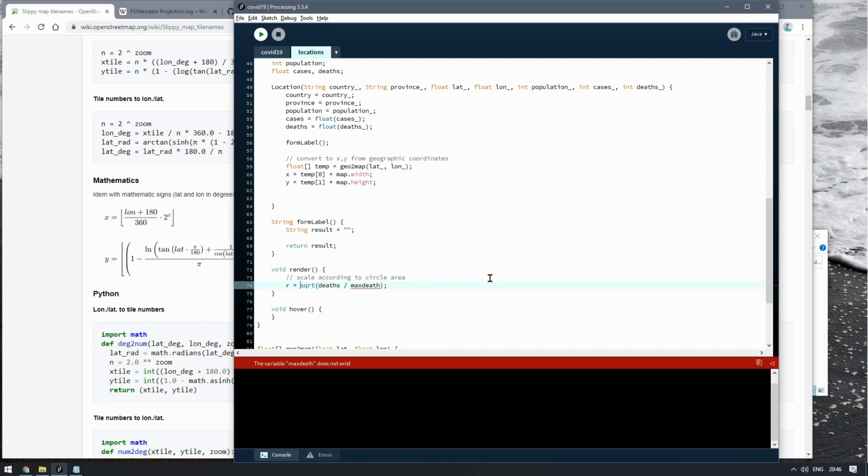I have no idea how many. I could start with, say, 100 pixels times this, which will be a fraction. So everything will be below 100. The most this could ever be is max over max, which is 1. Square root of 1 is 1 times 100. So actually, that's quite a lot. A radius of 100 is quite a lot. Maybe that's too big, but we'll leave it at that for now. But in some cases, if the mortality is really low, this is going to be a super low number as well. Okay, so then we can fill with red once we have that value,